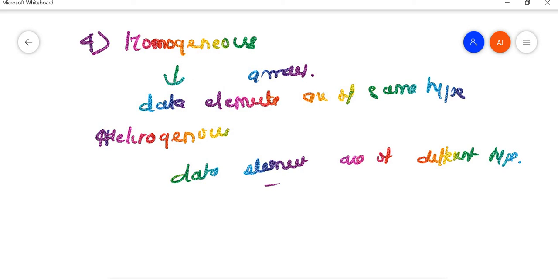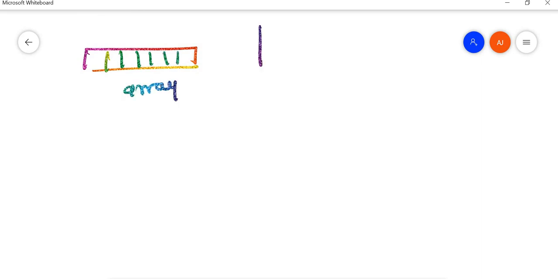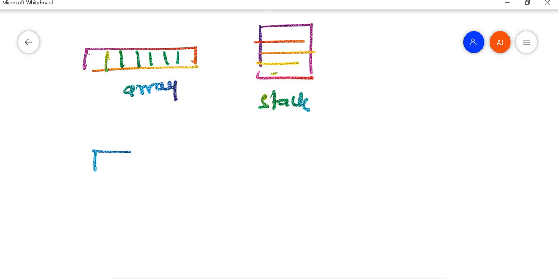Fine. So let me diagrammatically make you clear about what it looks like. Array will be like this. We'll be storing the data like this. This is array. If your stack is there, it is like this. So this is stack. If you have linked list, it will be like this.